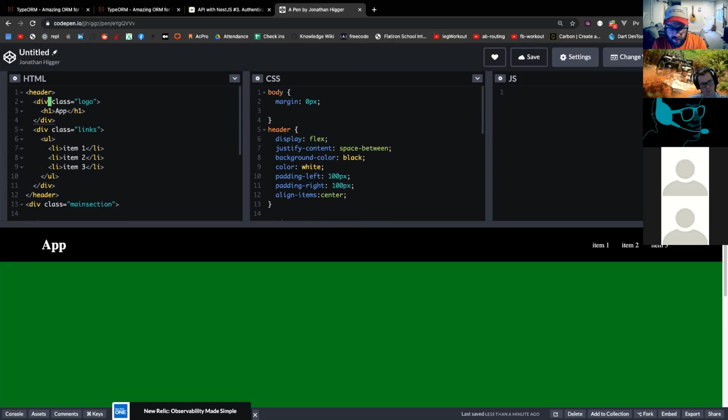ID is only used for unique elements. Is that the name? Beautiful. How many logos can I expect to be on my page? Just pretty much one, maybe. I mean, one unless you have a logo at the top, right? Yeah. So this maybe would be better served as an ID, and we'll call this the website logo or something